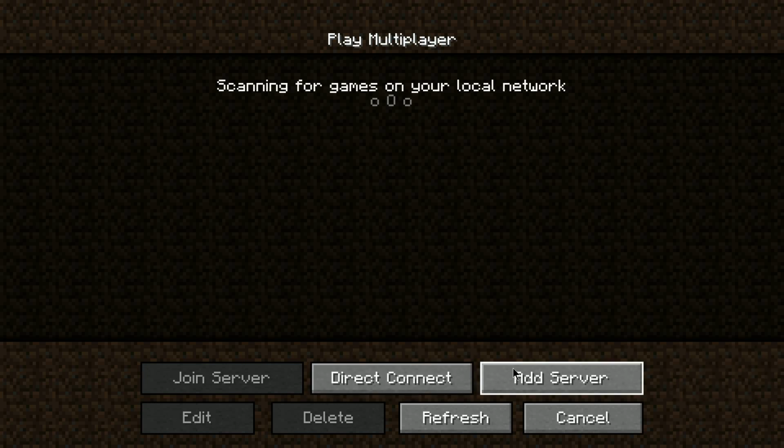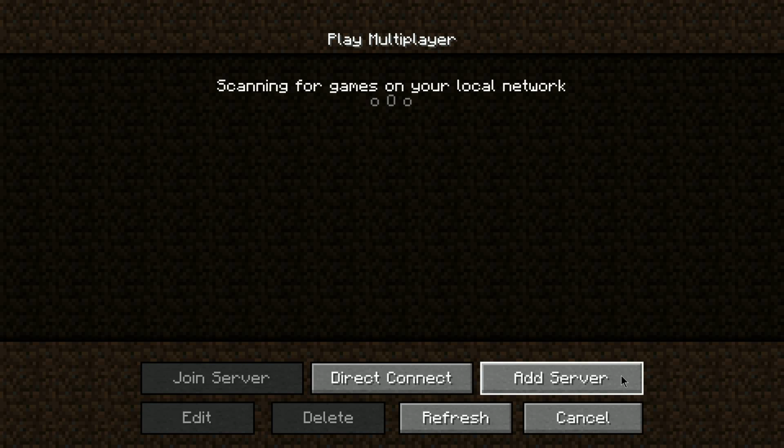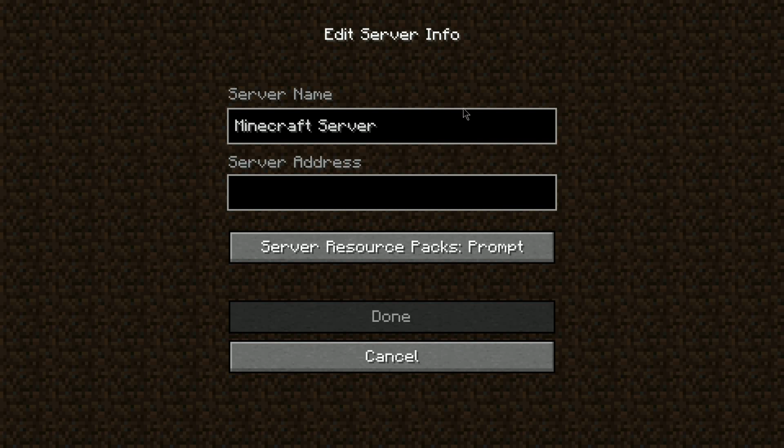Direct connect basically connects you directly to the server, so you'd click that and you just enter the IP address there, literally, and then it connects straight to it. But if you want to visit a server multiple times without entering the IP address, I recommend you go to add server here in the bottom right, and here you can give a name for the server, which can be anything you want that's memorable. So we'll put MC Magic, and here's where you'll want to enter the IP address for the server. You'll need to look this up, but for MC Magic, and I'll put it in the description as well, it's